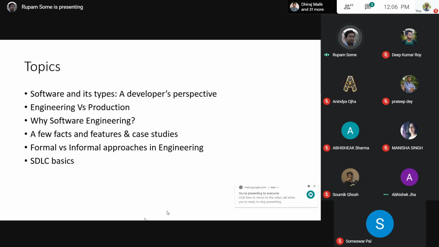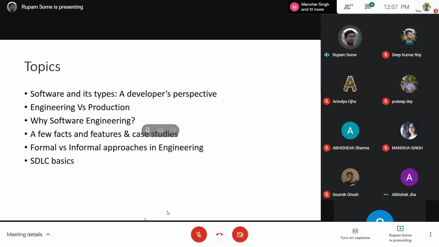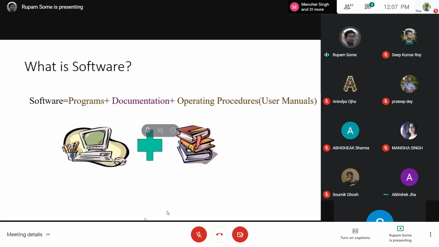Okay, so the topics that I'm going to cover today, these are the basic topics that I'll be covering. I do have another agenda apart from the topics mentioned here. I do have the basic introduction to software process model. Intentionally, I didn't mention it because I do not know whether we will have sufficient time to cover this or not. So let me start with software and its types. It's a basic thing, as you all know, software is basically the logical part of any system. So if you have to deal with the hardware that you have,